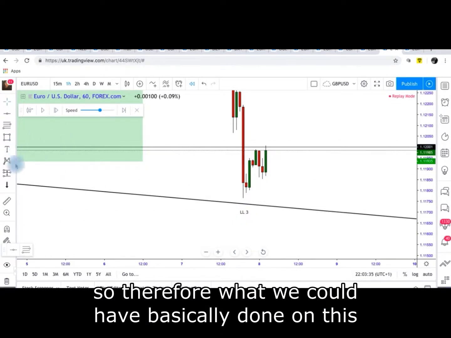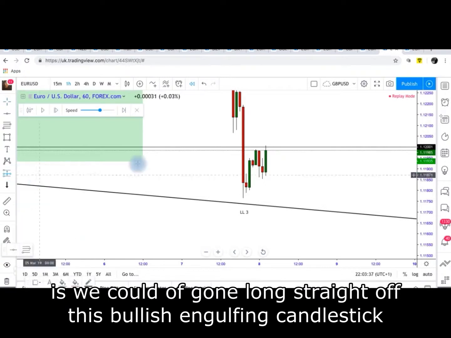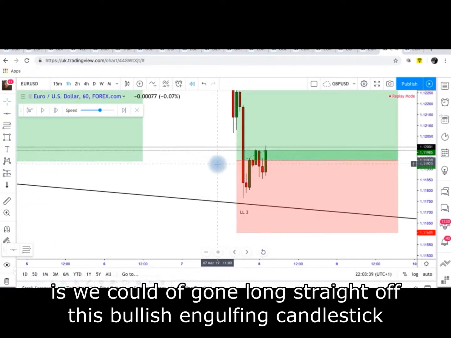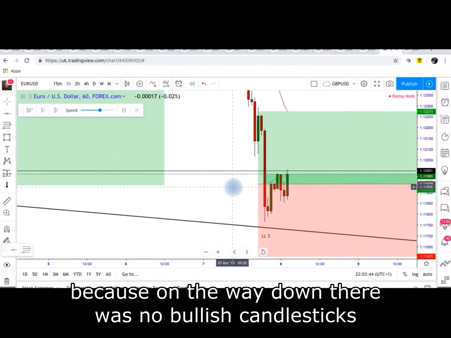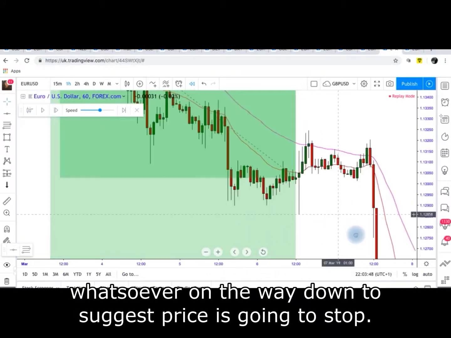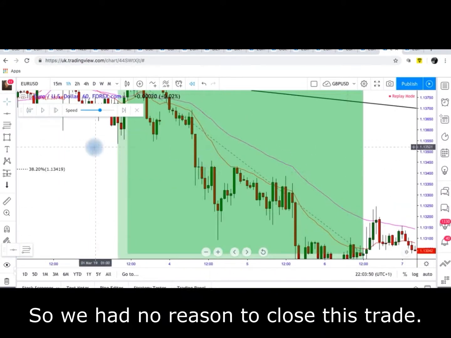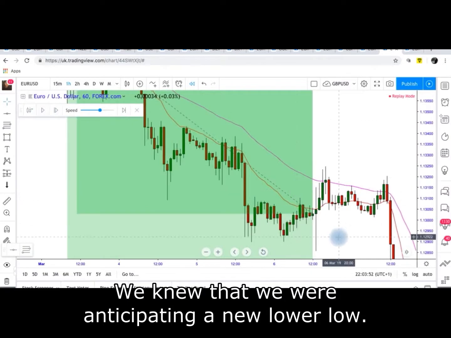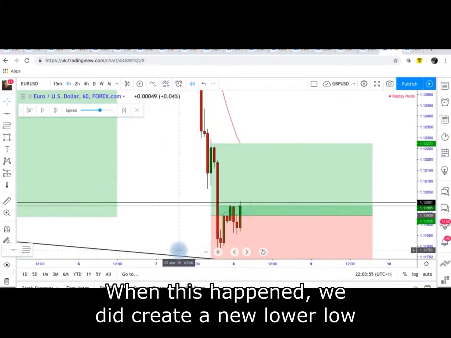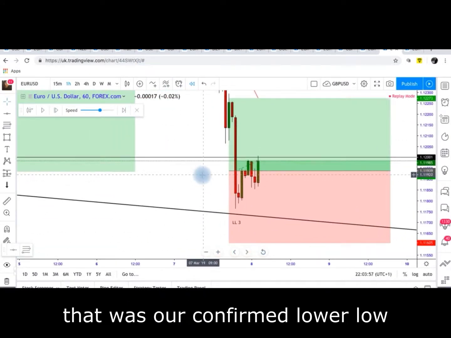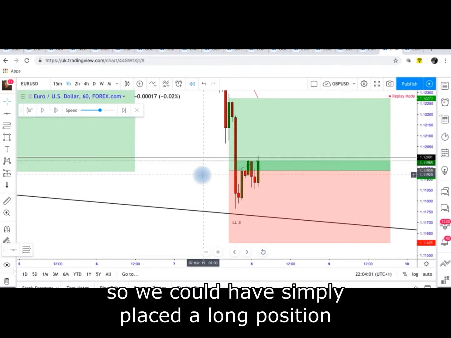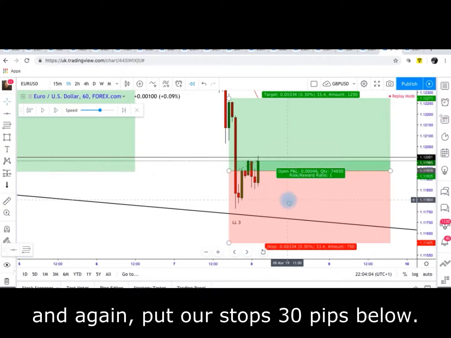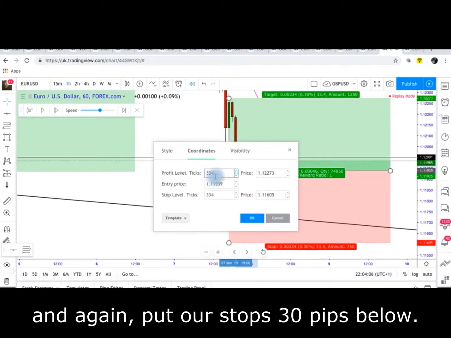So what we could have done is gone long straight off this bullish engulfing candlestick. The reason we could have gone long off this candlestick is simply because on the way down, there were no bullish candlesticks whatsoever to suggest that price was going to stop. So we had no reason to close this trade. We knew that we were anticipating a new lower low. When this happened, we did create that new lower low. That was our confirmed lower low because of this bullish engulfing candlestick and the bounce from the trend line. So we could have simply placed a long position, and again put our stops 30 pips